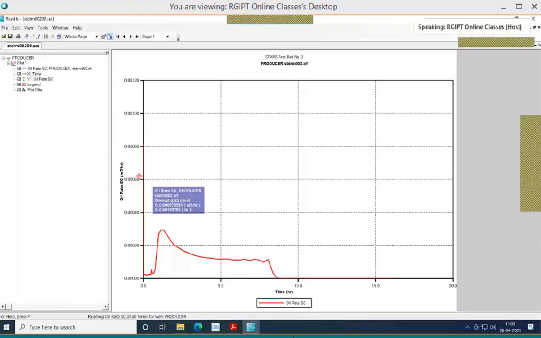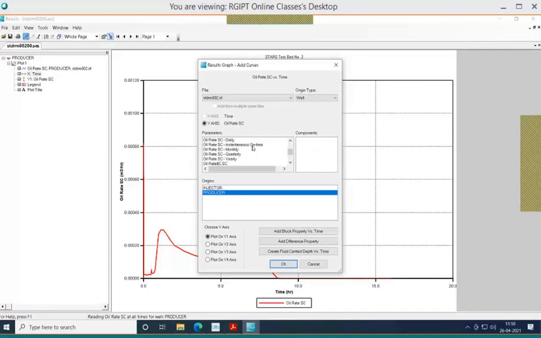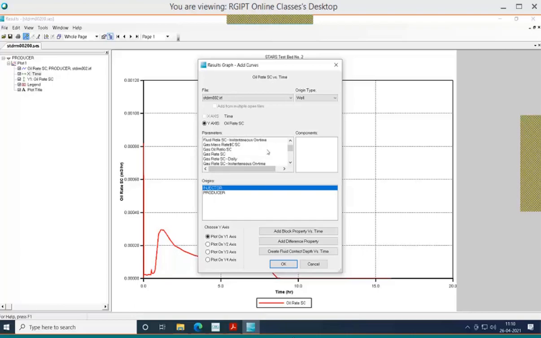And also let us add one more curve. Injector, gas rate, cumulative, fluid rate through injector.